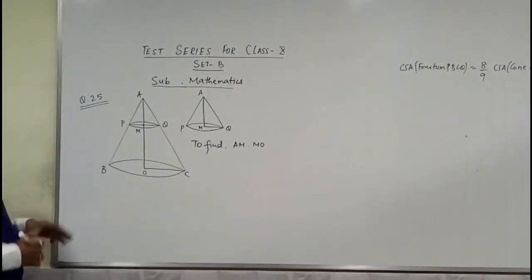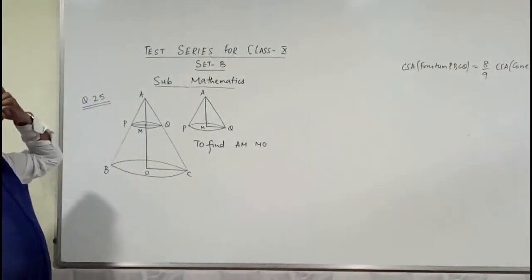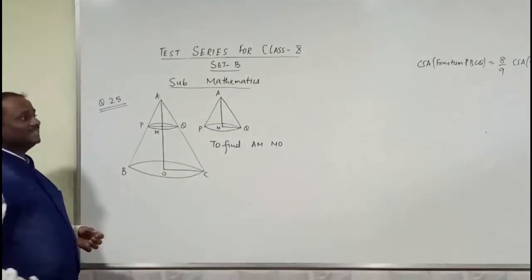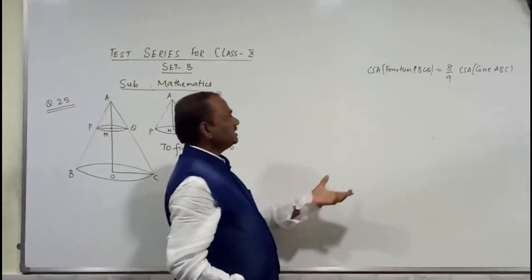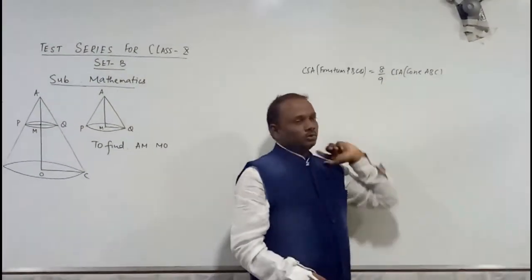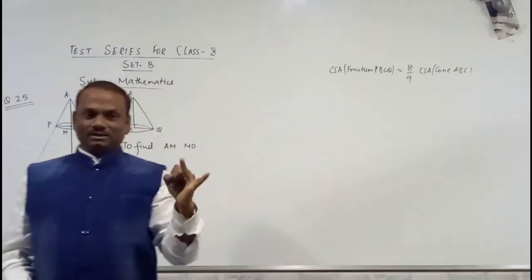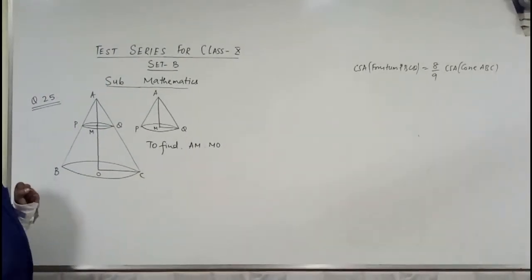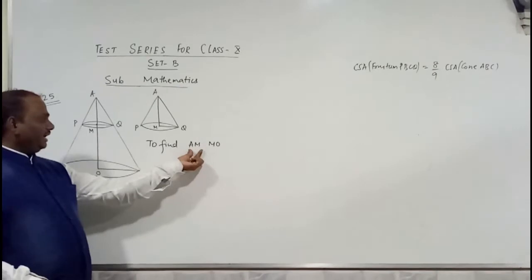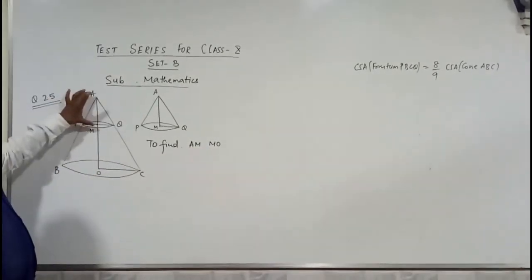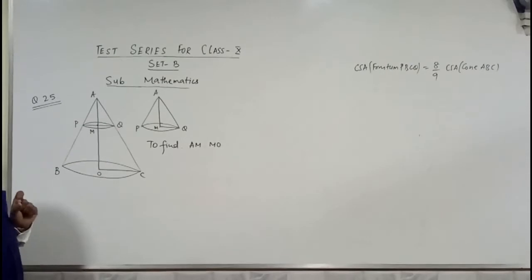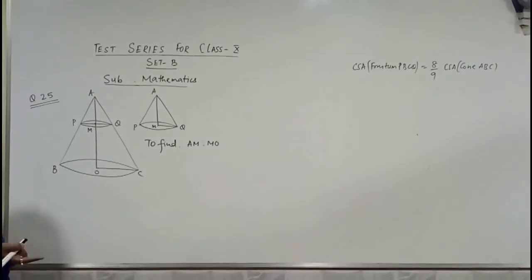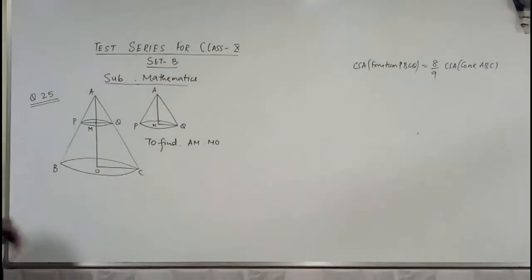नाउ स्टूडेंट्स, हाउ टू टैकल दिस पर्टिकुलर सम? वेल, हमारे पास जो हेल्पिंग हैंड है वो जो है सामने आपके लिखा हुआ है। नाउ वी नीड टू कंसंट्रेट कि हम वहां तक कैसे पहुंचेंगे। आपको पता है कर्व सरफेस एरिया का जो फॉर्मूला होता है, फ्रस्टम हो या कोन हो, उसमें आता है R और L, ये दो डायमेंशन अपने को लगते हैं। लेकिन आप अगर ठीक से देखें, हमको जो फाइंड करना है उसमें ना R है ना L है। कैसे? क्योंकि AM और MO, AM इसका हाइट है, MO फ्रस्टम का हाइट है। तो इन दोनों को अगर हम देखें तो इनका रिलेशन अपने को स्मॉल r और L से पहले एस्टैब्लिश करना पड़ेगा।